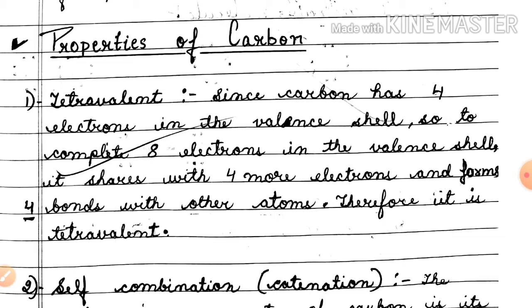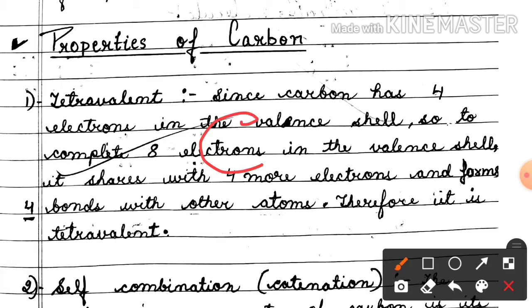So suppose this is the carbon, 1 electron is this side, 1 electron this side, 1 electron this side, and 1 electron this side. It has the 4 valence electrons. These electrons which I am showing you are the outermost electrons. It means valence electrons, those electrons which are found in the last shell.